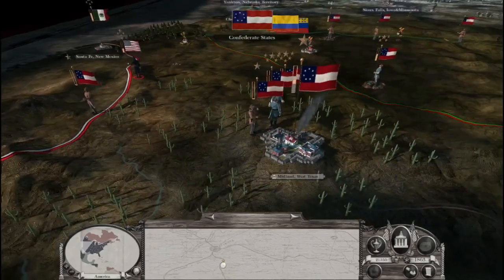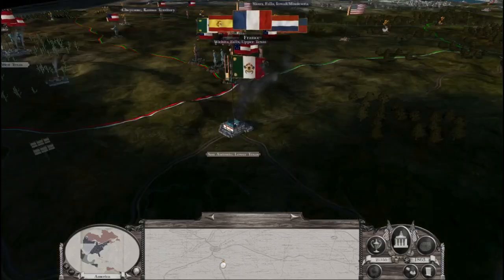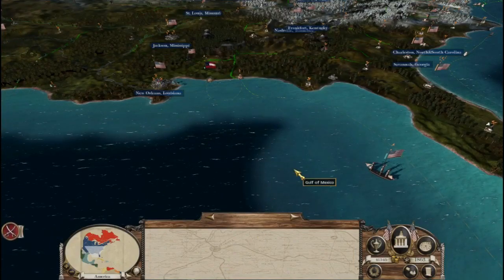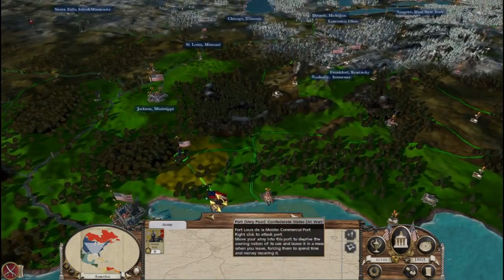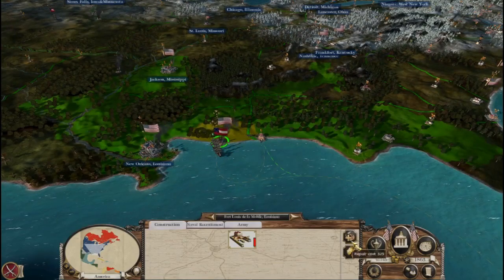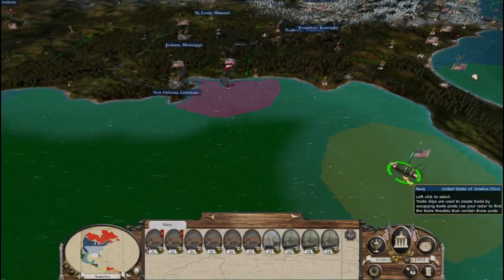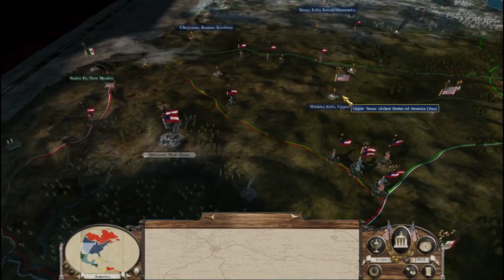Yeah, I was expecting this movement from them. Okay, so let's send this John Buford into this port, so we can push these guys back and regain control of the trade here. And we're going to attack this guy over here. Now the situation here,